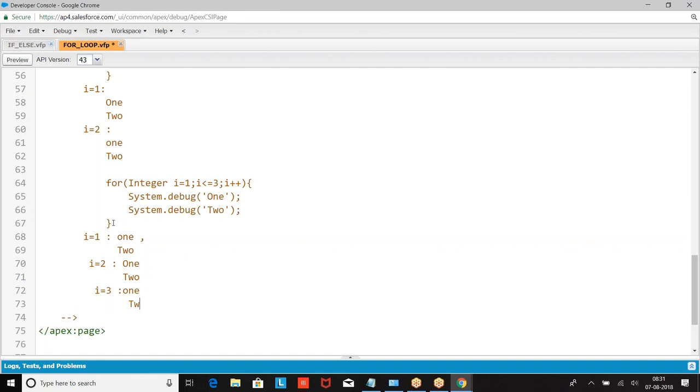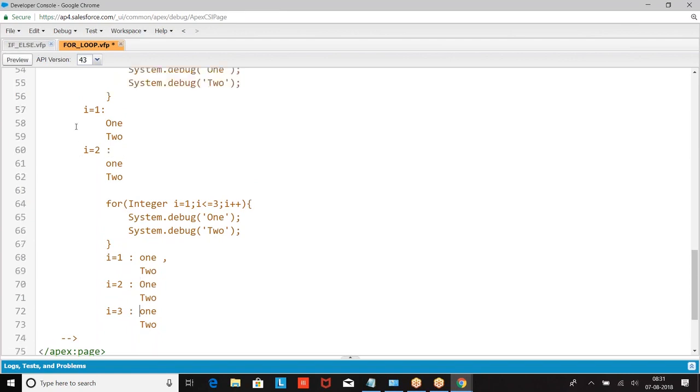So what was this? It will repeat the operation based on the condition you have given. In this case, how many times is it running? Three times. First it runs the entire operation, everything that is in the scope. Then go to the top again, check the condition. Condition true, run the scope. Again go to the top, check the condition, true, run the scope. Are you getting my point?